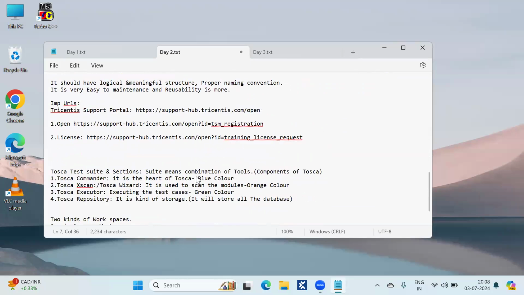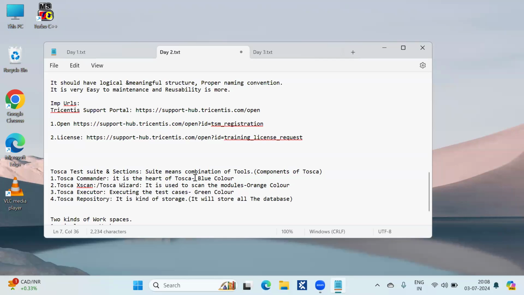And coming to Tosca, what are the four main components? Briefly, I will go again. It is Tosca Commander, Tosca Xscan, Tosca Executor, and Tosca Repository. I can say that Tosca Commander is the heart of Tosca, where we are exactly working. Tosca Xscan, Tosca Executor, and Tosca Repository, these three will be part of Tosca Commander only.